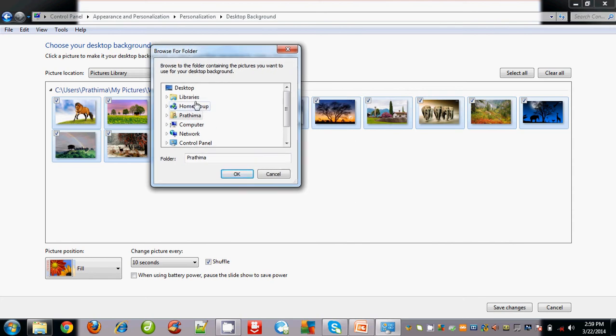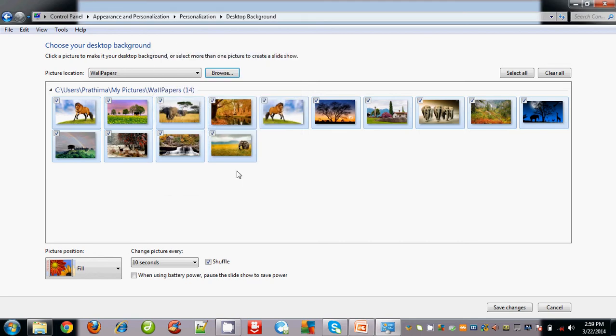It will open a pop-up window and select the folder my pictures. In that, select wallpapers and press OK.